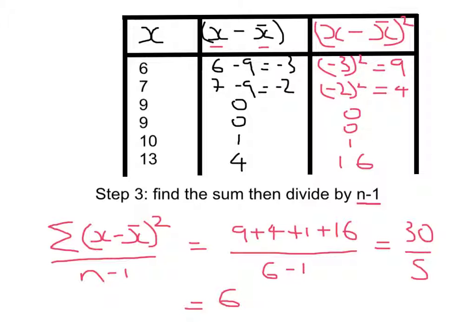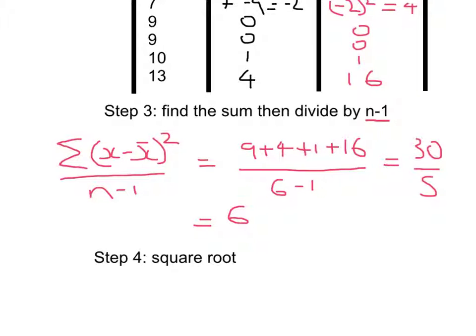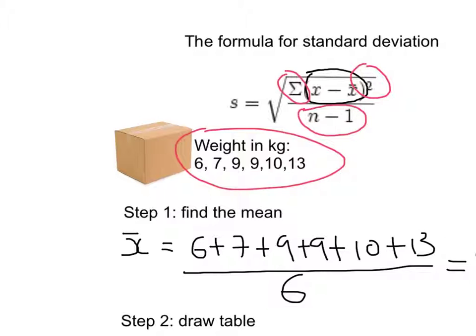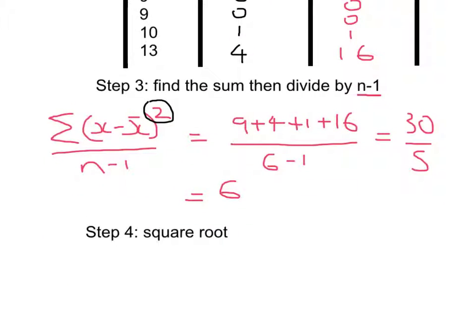Now I know I said this was the final answer, but there is one last step. When we were finding the differences, we squared the data. So our final step, we have to undo this and we have to find the square root of our answer. And if we go right back to our original equation, we've got to find this square root of everything. So it's just a case of, with your calculator, you find the square root of 6,